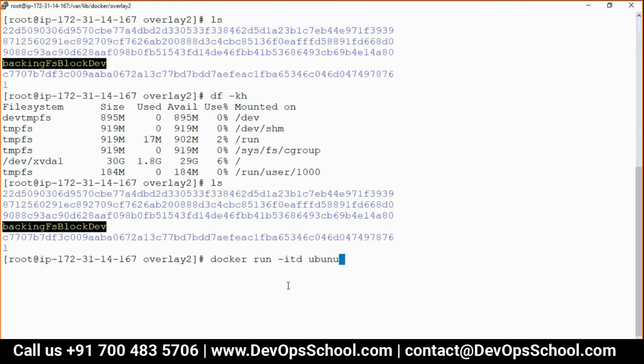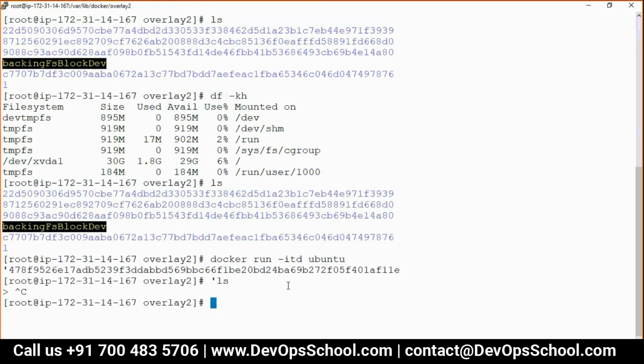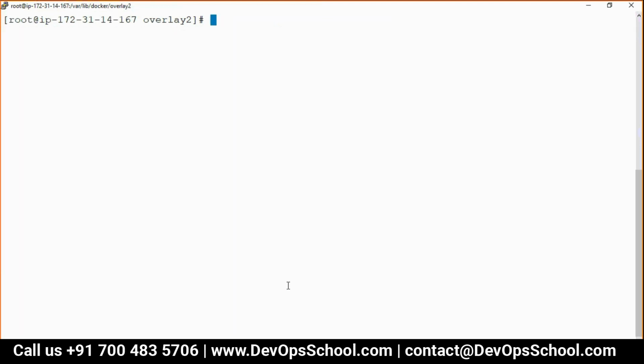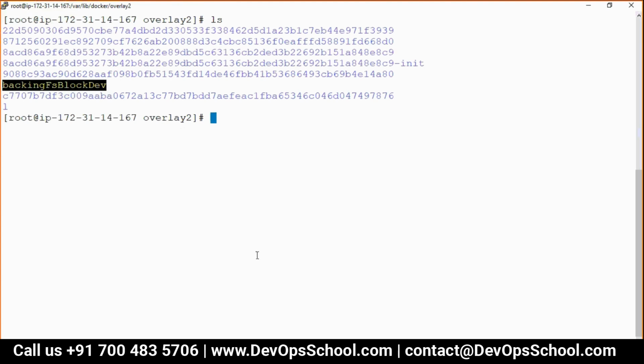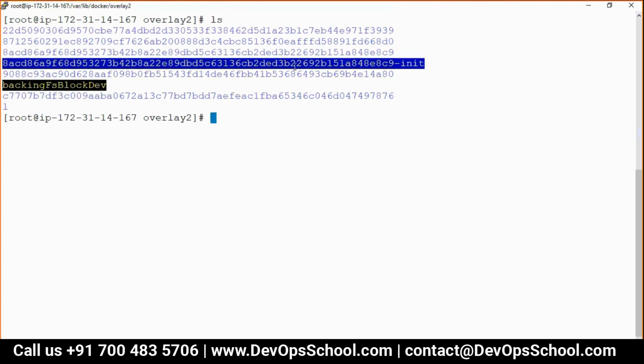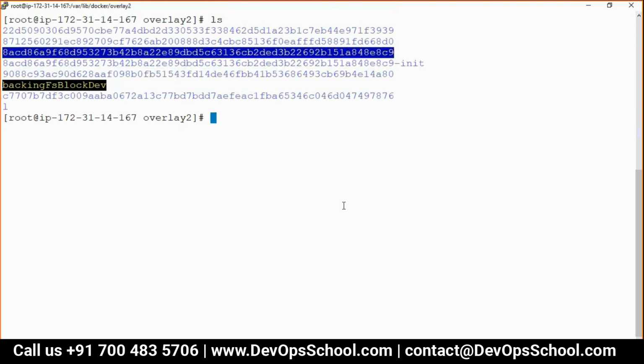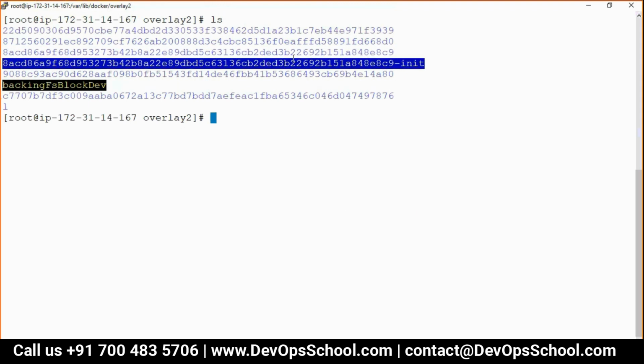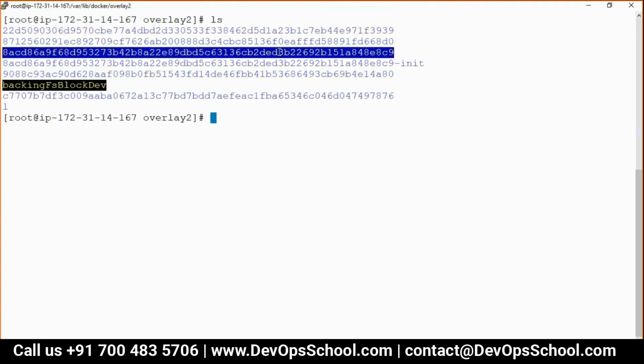Look at the magic, guys. See here. Look at this number in it. This is not the layer which got created. This is the runtime environment, runtime directory. This is the one which I am talking about. You can see the size of it.